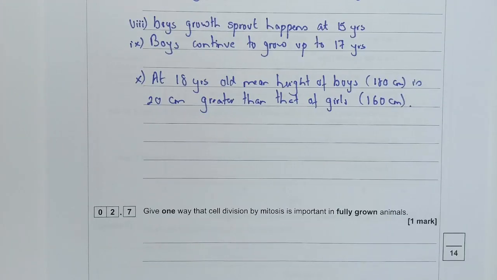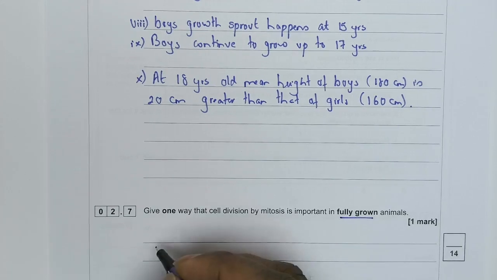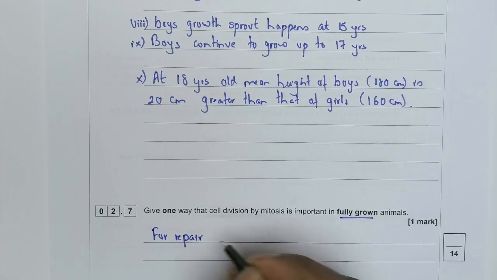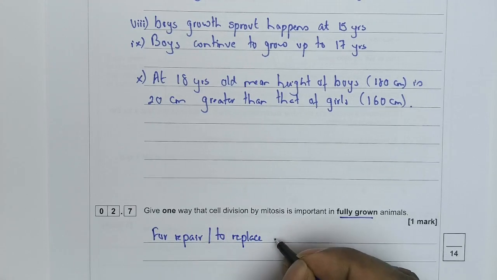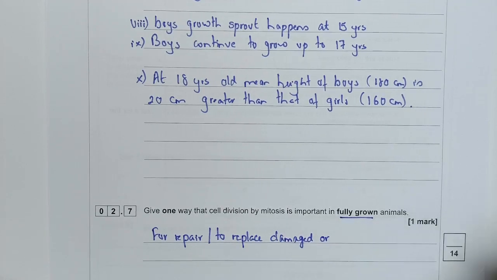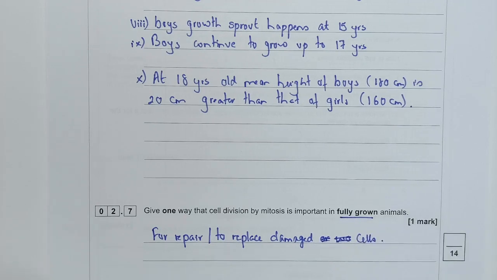Question 2.7, give one way that cell division by mitosis is important in fully grown animals. Right? Why is mitosis important in fully grown animals? For repair or to replace damaged cells. So when you have a cut, you will need to heal, so that you will need